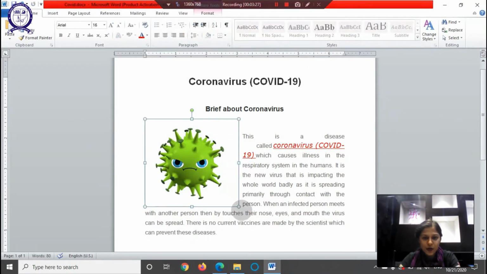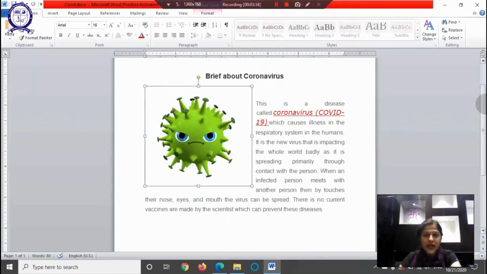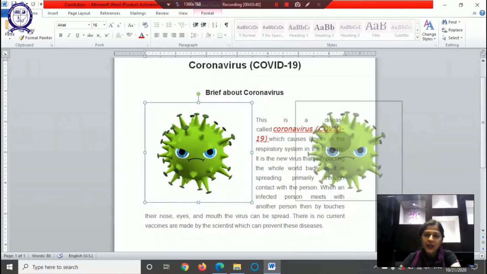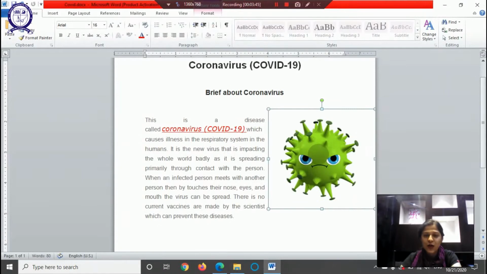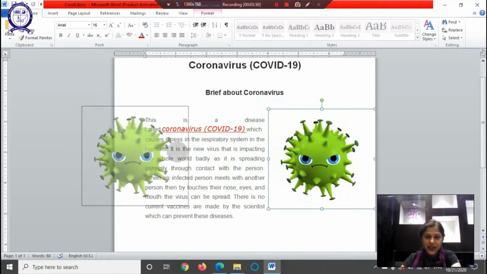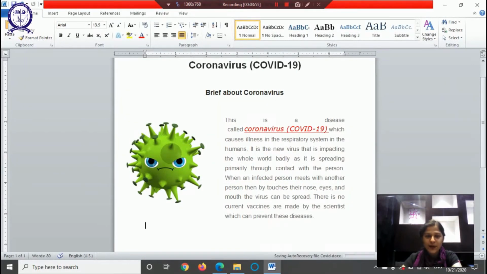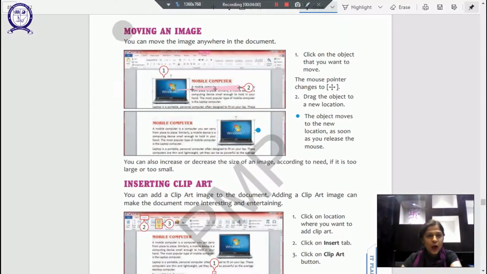So this is how our document will look with the image tightly wrapped around our text. So that is about the wrapping text feature. Now if I want to move my image, I have simply moved it to this side. How do you move it? You click upon the image and then you will see this pointer, and then you can drag it and drop it. So if I drag it here, I've simply gotten my image to the left of the document, right? So that's how it's done.